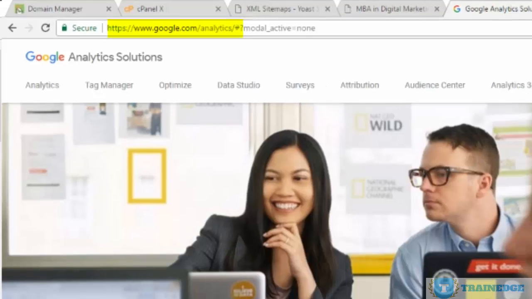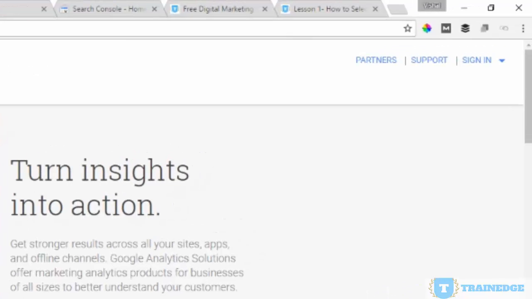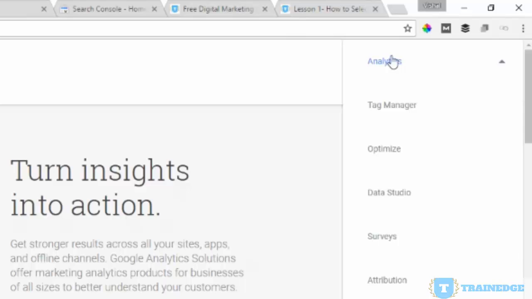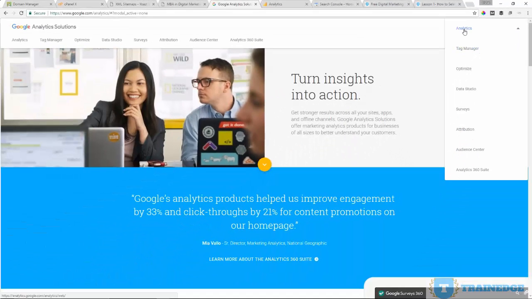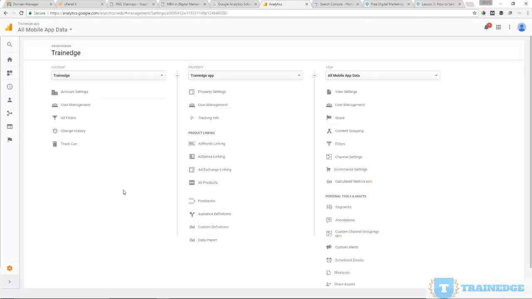google.com/analytics and you'll see this screen. Click on this sign in button and you will see multiple Google products here. You select Analytics and it will sign you in. Because you already have a Google ID, it will immediately sign you in. Once it signs you in, you will see a screen to set up account and property. Account is a placeholder for your properties, which are your websites and mobile apps. You can create multiple accounts inside one Google Analytics sign up, and under each account you can create multiple websites or mobile apps. So once you log in, the first thing you need to do is set up your website.